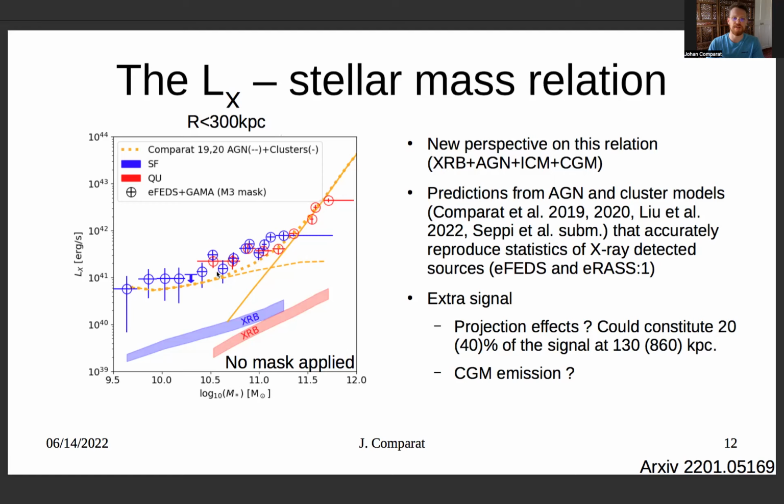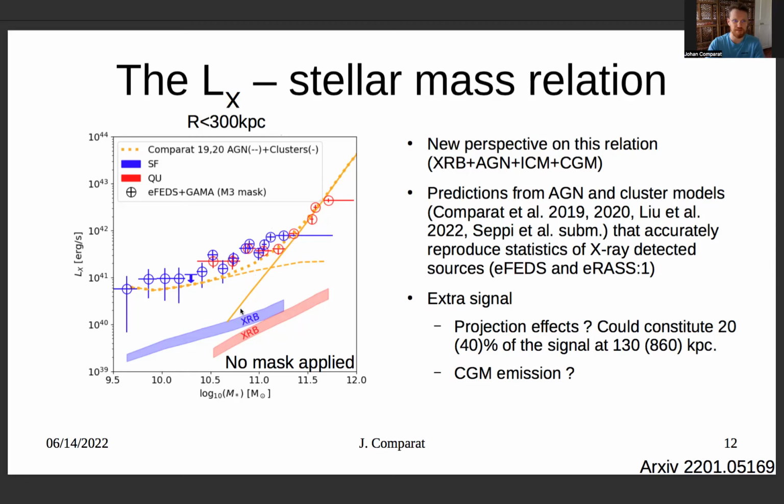There is a discrepancy at Milky Way like galaxy size, right? What is it? Is it projection effects, or is it circumgalactic medium emission that is not really modeled in this straight line here? It could be both, and it's likely a combination of both. The projection effects can amount to 20 to 40%. So bringing these points here 40% lower might get it nearer to the prediction, but still not there. So likely there is some circumgalactic medium, so galaxy component that needs to be added to these models that are